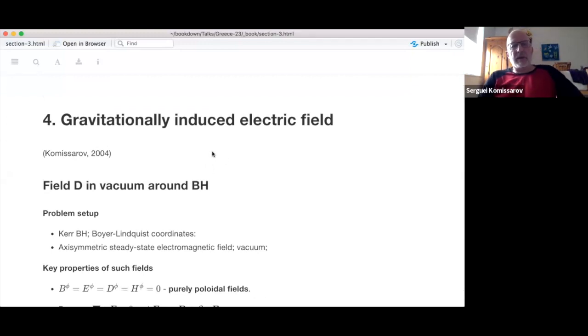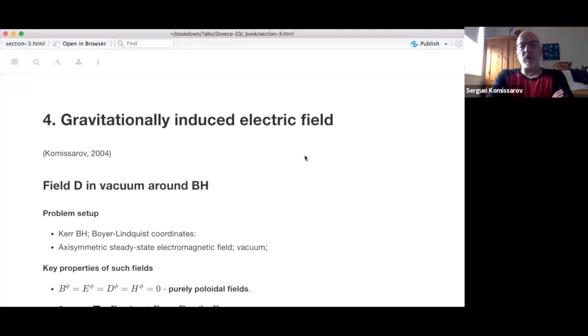And in this remaining part, I essentially wanted to explain the nature of the battery of the black hole. And roughly speaking, it's an electric field which is gravitationally induced. So whenever the magnetic field is present, the electric field is also present, and it's induced essentially by the rotation of the black hole. And normally, one would think that whenever we have an electric field, for example, due to some charged object, if we produce plasma, then the plasma will immediately screen this electric field because there are lots of free charges